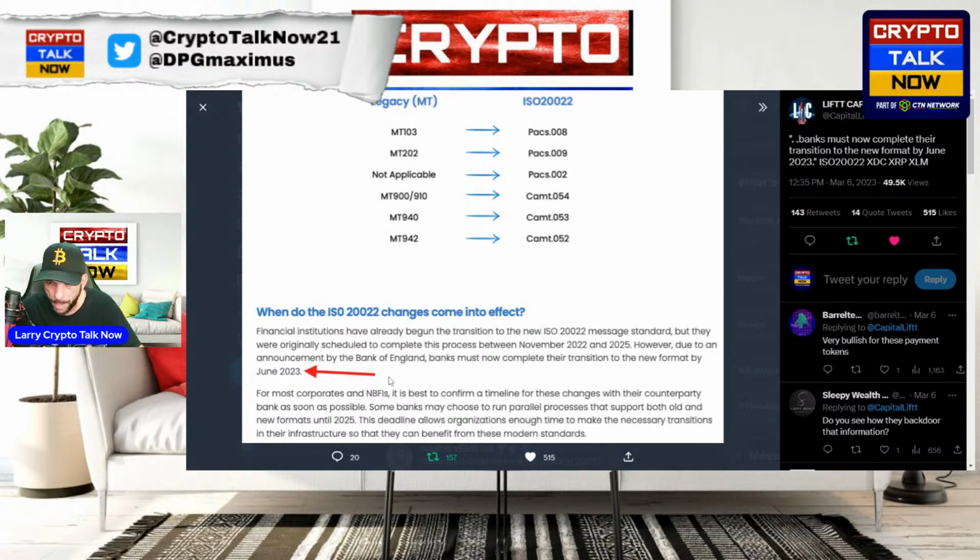However, due to an announcement by the Bank of England, banks must now complete their transition to the new format by, there it is, right there, June 2023. For most corporates and NBFIs, it is best to confirm a timeline for these changes with their counterparty bank as soon as possible. Some banks may choose to run parallel processes that support both old and new formats in 2025. This deadline allows organizations enough time to make the necessary transitions in their infrastructure so that they can benefit from these modern standards. So there's good stuff right there.